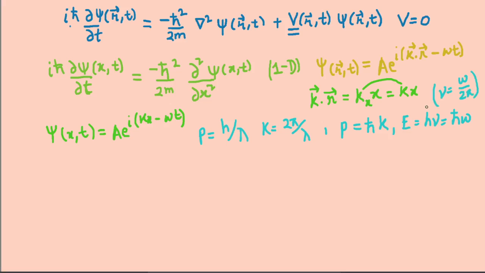So from here and here, putting the value of k from here, p by h bar, and the value of omega, this is E by h bar, in this equation, we get